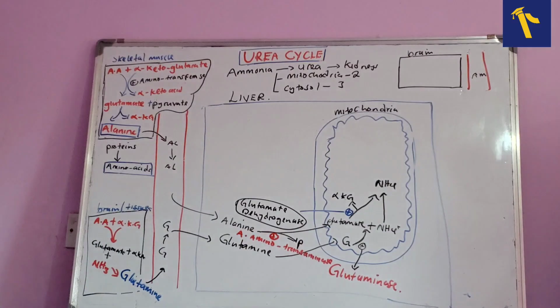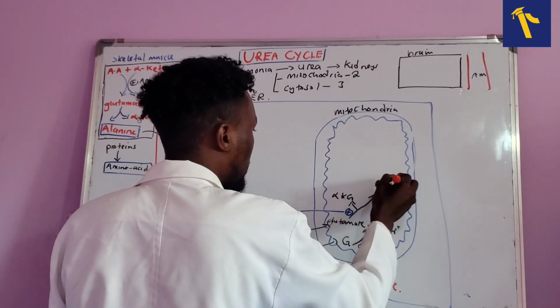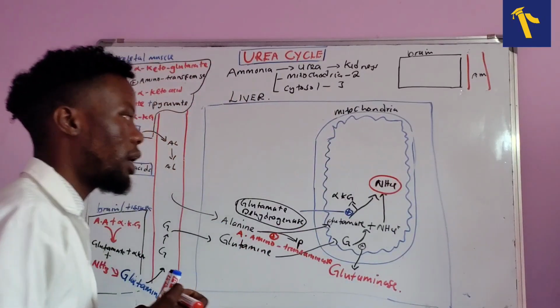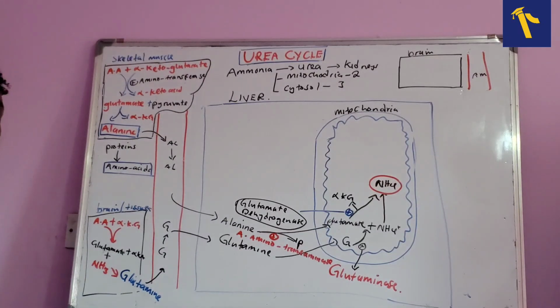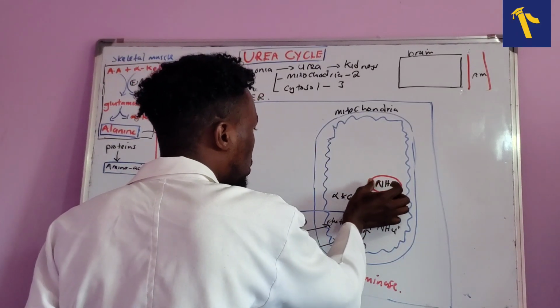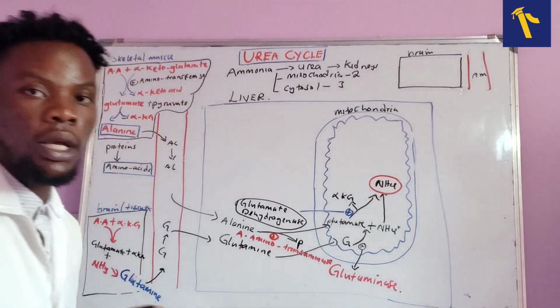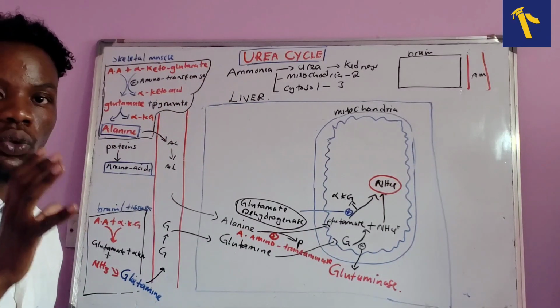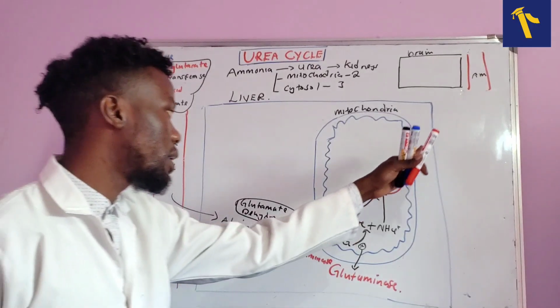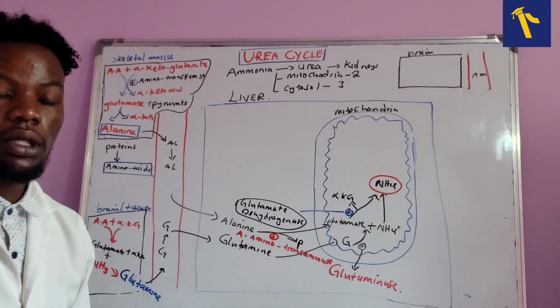Okay, now since we've understood that, here is where the urea cycle is going to start, on the ammonium ion there. What's going to happen is that this ammonia will start combining with something. So before we go to the urea cycle details, we need to write the molecules that we need to follow. Let us list the important molecules that are going to be produced, so that we can follow step by step.